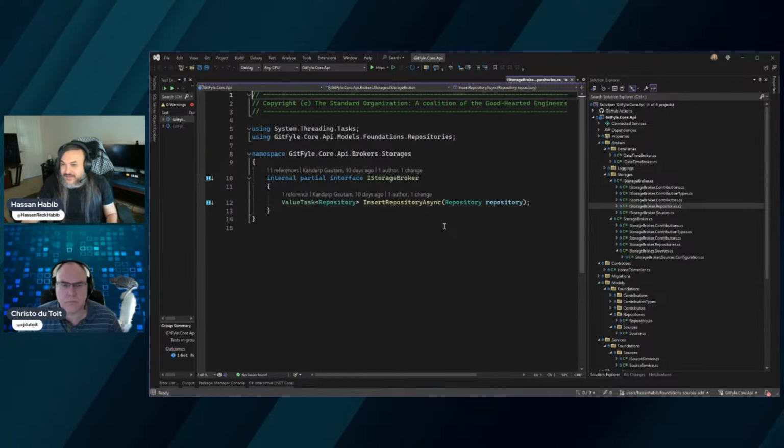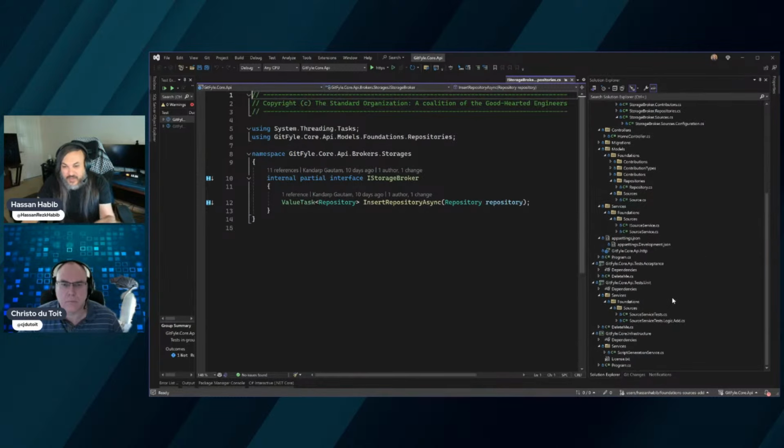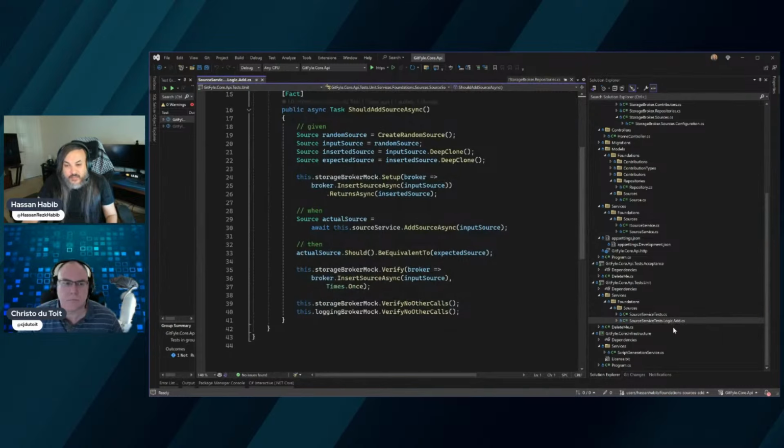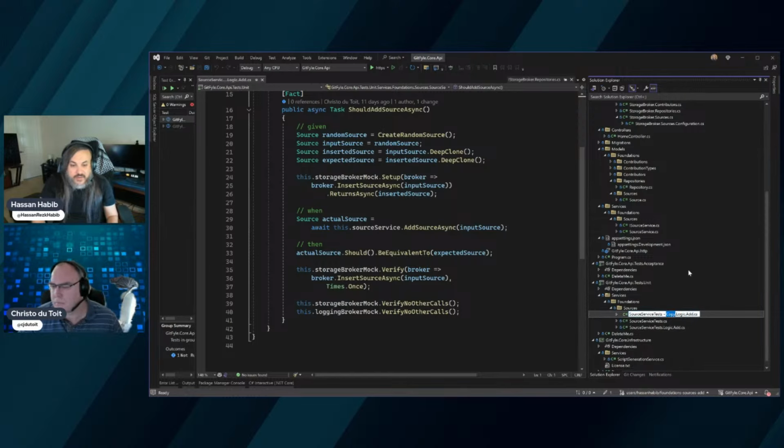Okay. That's because I can control this guy here, right? Anyway, let's go to this one. So this is logic.add. I'm gonna go up in here and create a new file. So you see source service test.logic.add. I'm gonna create another file. I'm gonna be lazy here. I'm just gonna copy this file, and then I'm gonna go here and say